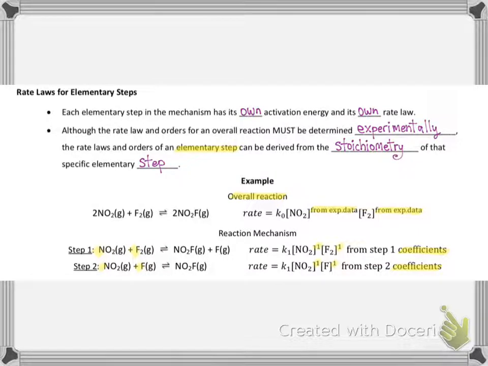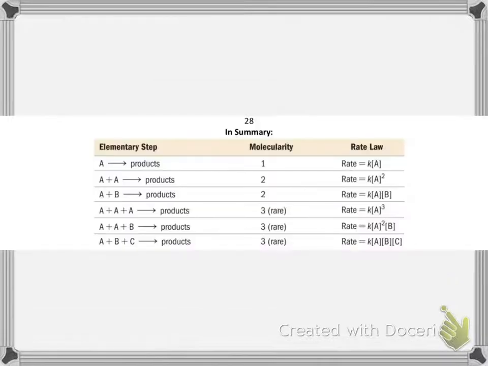So let's look at a beautiful chart that I stole from the textbook that summarizes this delightfully. If you're given an elementary step with only a single reactant particle, then it has a molecularity of 1. It is unimolecular. But if you have 2 of the reactant particle A, notice we would normally write that as 2A. Well, now, of course, this is bimolecular, and it has a stoichiometric coefficient of 2,